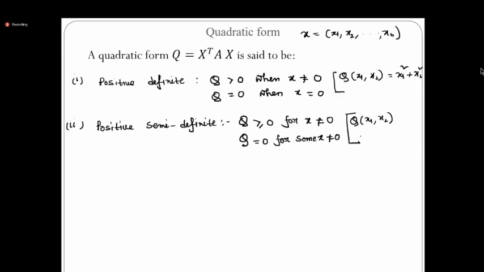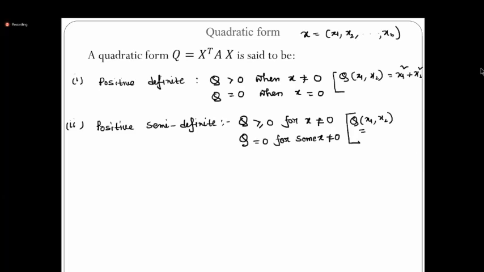Sir, why greater than or equal to 0? Why will it not be greater than 0? No, it is not greater because I am saying that for some x not equal to 0, this is going to be equal to 0. So for some cases it may be equal to 0 also. That's why I have to put greater than or equal to 0. This is the extra thing I am saying here. If I mention this part, I am also saying that some x not equal to 0 must be there for which it is equal to 0. That I have separately mentioned here as well. Sir, so the second part is a subset of the first part. Exactly.